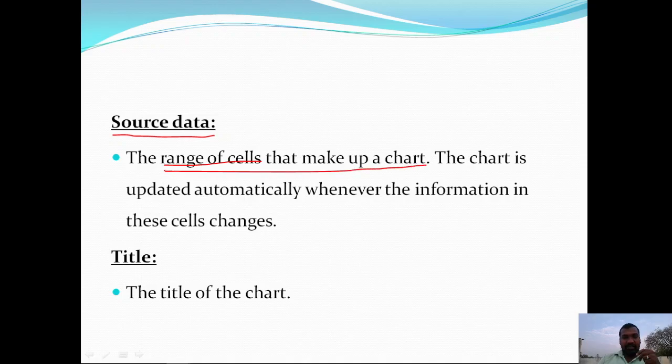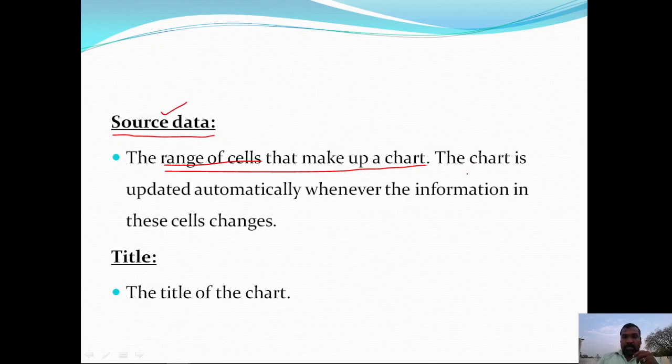Before inserting the chart, we are selecting several cells that are available on the worksheet. Then we are going to insert the chart. The selection of several cells on the worksheet represents the source data.